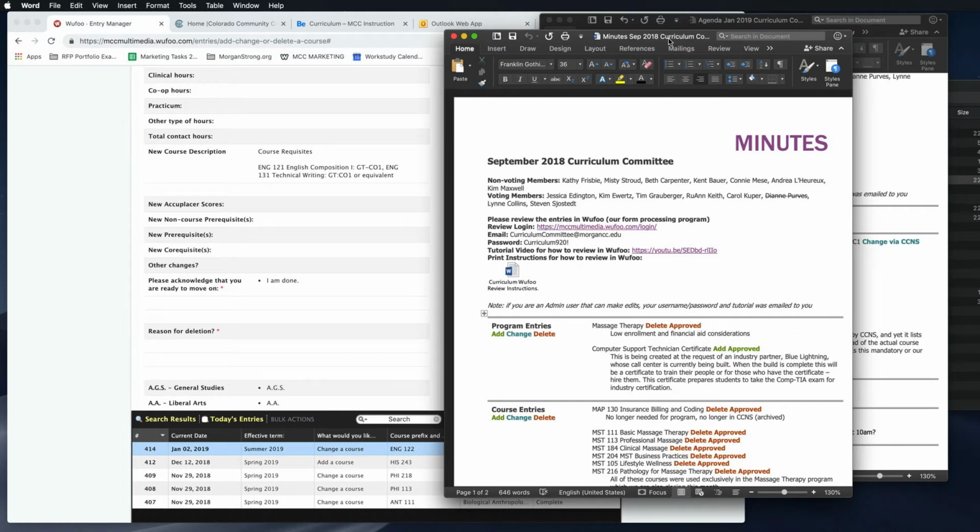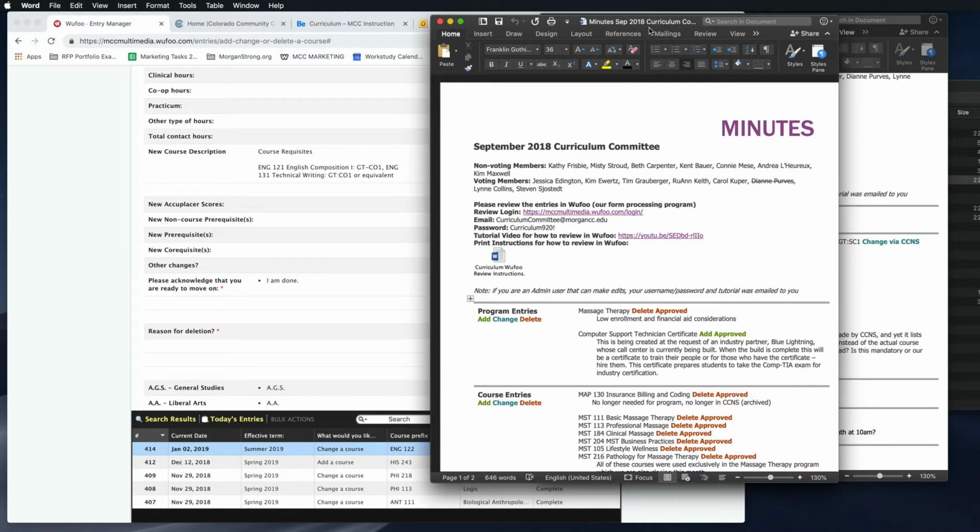Okay, so I wanted to show you what I do for the minutes. Again, you can do whatever you want, and other systems might be way more efficient than this. I just wanted to show you what I was doing. So anyway, I just take the same agenda, change it to minutes, and I'll usually cross out people who weren't